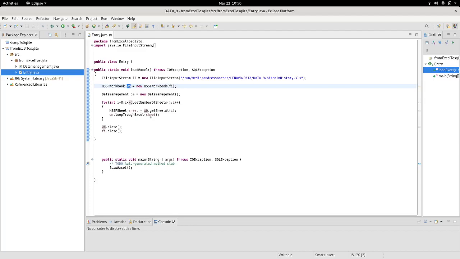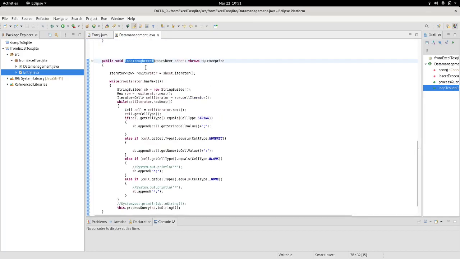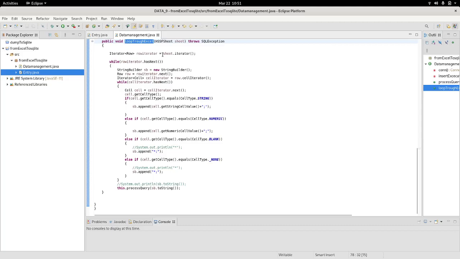Then it walks through all the spreadsheets one by one. By each instance, it will send the complete sheet to this method here, which just loops through the Excel. It does what it is named to do, uses the iterator,